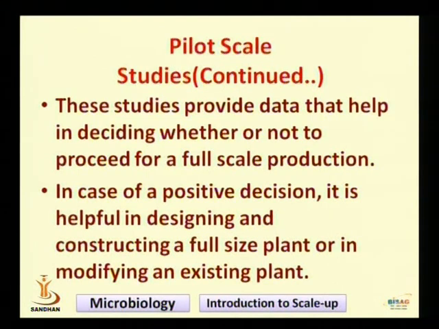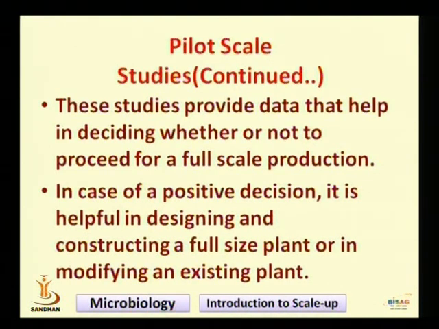Successful in screening and developing the organisms at the laboratory level for a very good industrial production, the overall process has not been successfully implemented at industrial level because the pilot plant operations have suggested that this would not result in an economically viable operation, and therefore such projects have been dropped. So the data which are obtained at the pilot level always help in deciding if one has